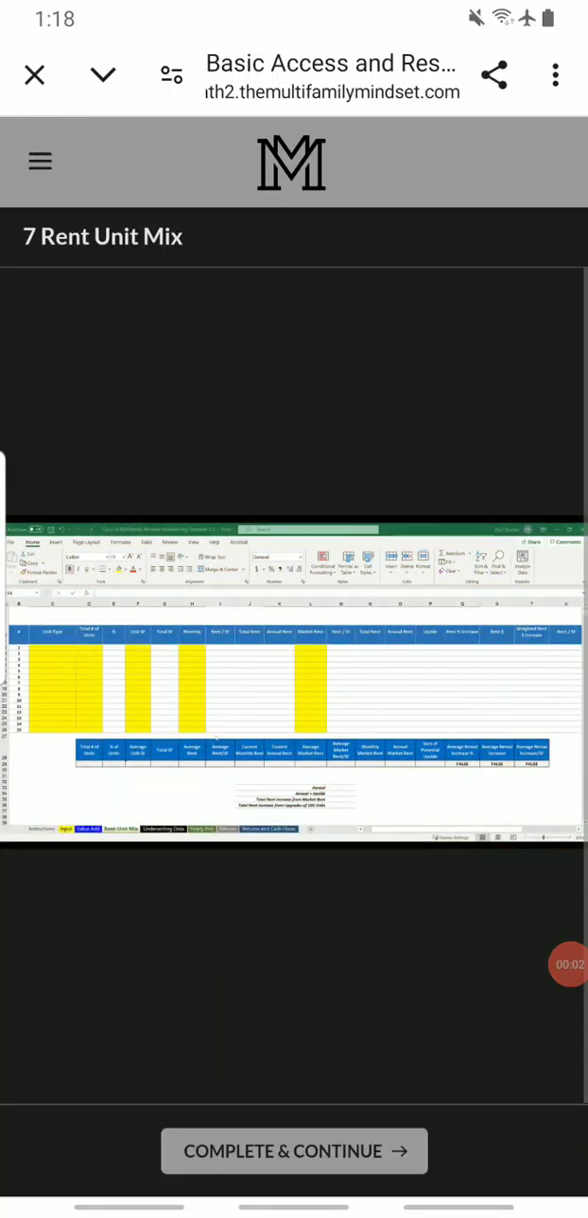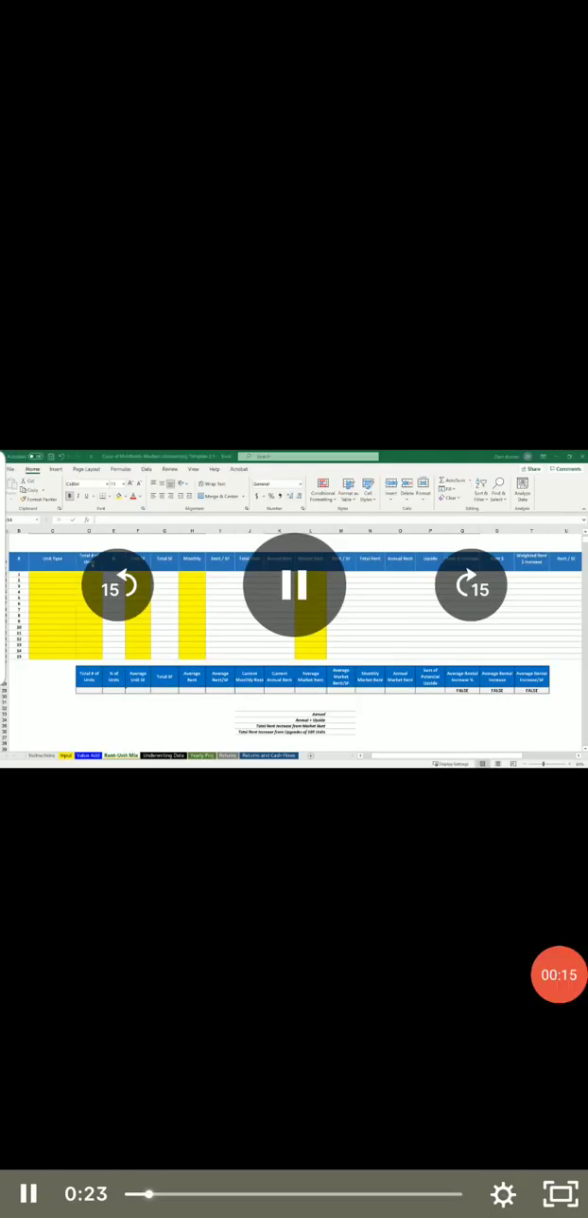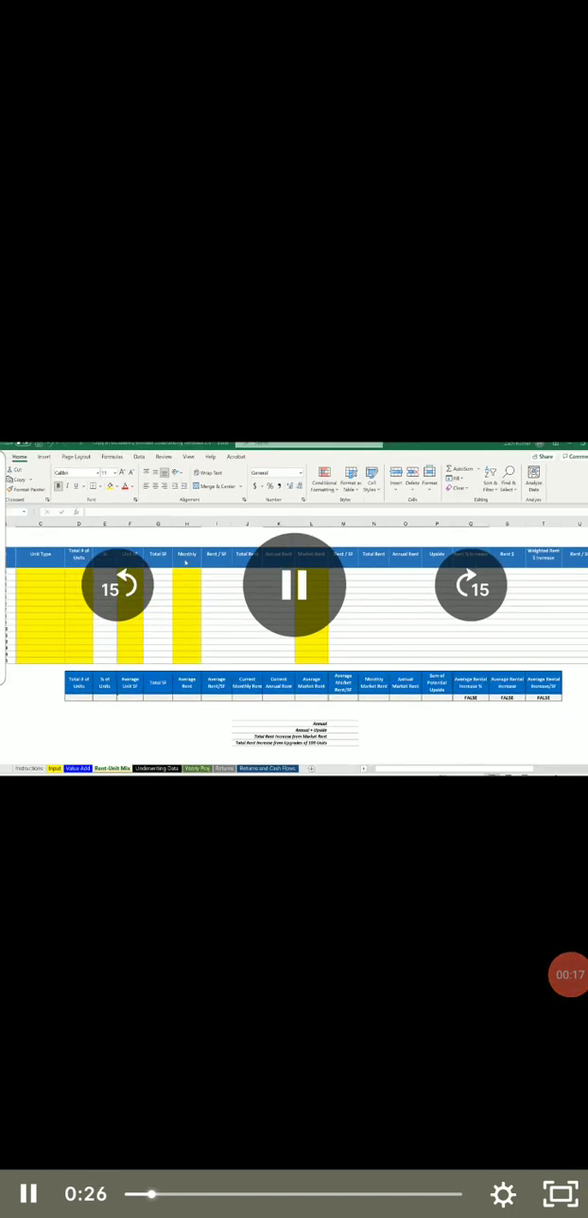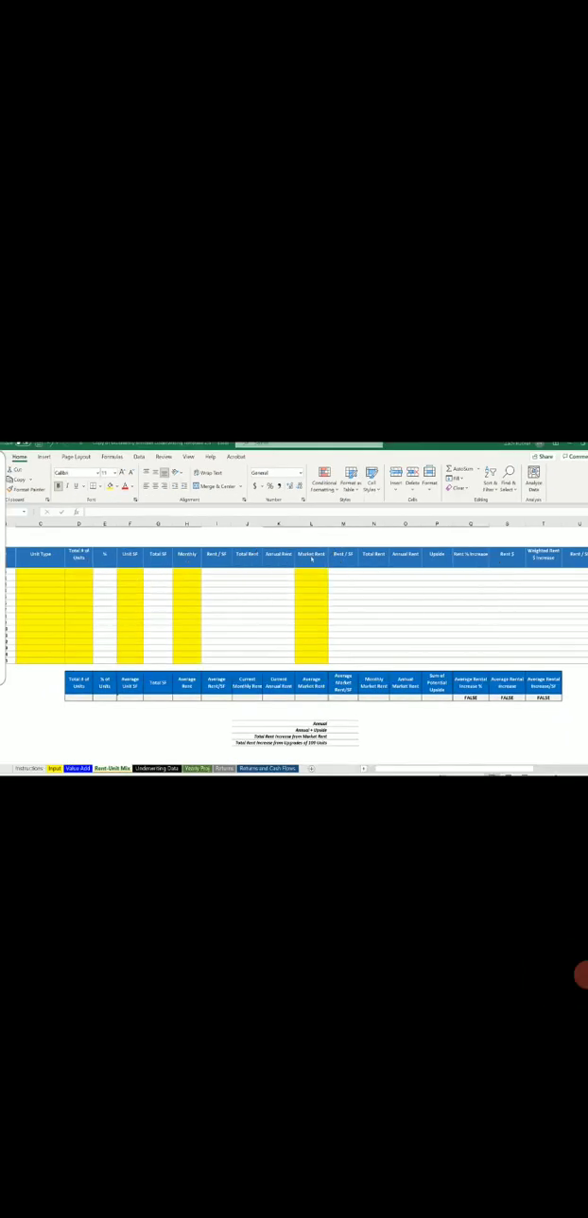All right, guys, we're going to go through how to input the rent roll into the rent unit mix tab today. This is a pretty straightforward tab, as there's really only 5 categories of information that you need to input. That is unit type, total number of units, unit square footage, monthly actual rent, and then the market